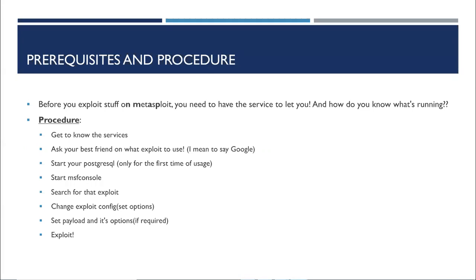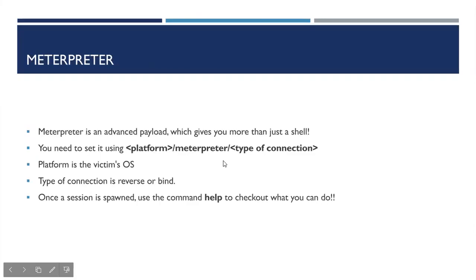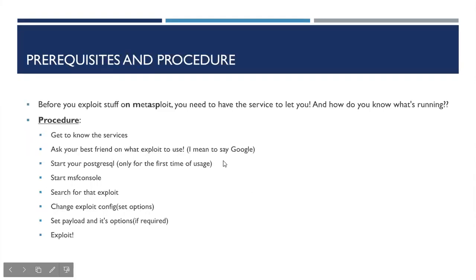I'll gather the proofs and evidences. I'll show it to him. See, there is an opening. You're using a very old VSFTPD version. Either update it or change the service. So whenever you don't know about any particular exploit or particular vulnerability, ask Google. Okay. So the next part is, after you find out what exploit you're going to use, come back to your terminal,